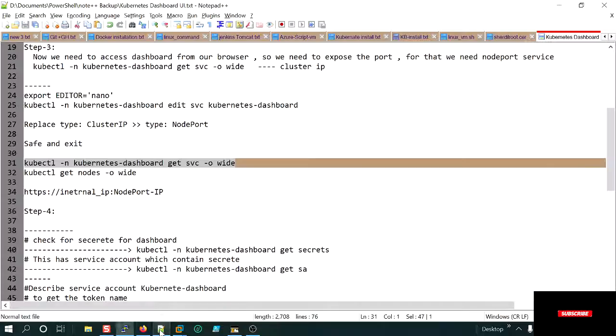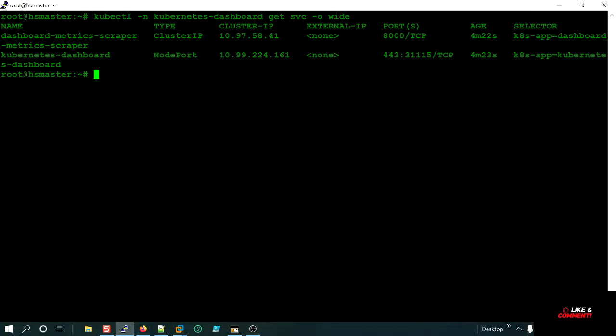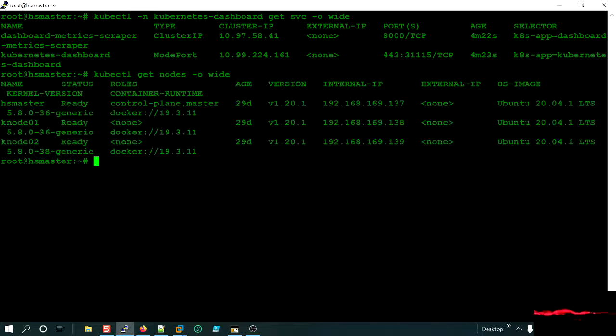So let me show you what I'm talking about. If I just do this command, it tells you all the nodes with more information as to what your IPs are, of K master, K node 01, and K node 02. So you can see I got 3 nodes. One is master, one is K node 1, and one is K node 2. I can pick any. Let's do this one. So if I copy this,